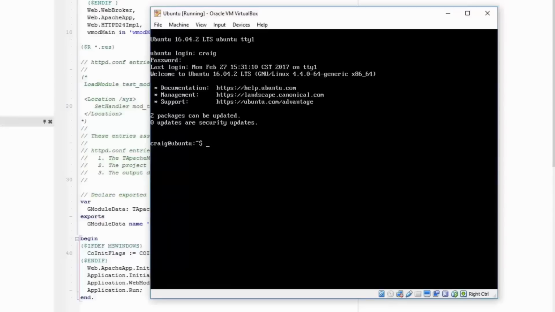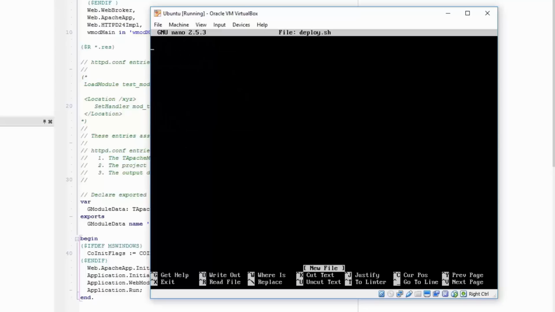Okay, so now let's make our Apache module do something a little more interesting. We're going to read some data from a database and return that from our endpoint. So before we do that, I'm going to write a little convenient script here. So I'm going to issue nano deploy.sh, and then I'm going to enter the instructions: /etc/init.d/apache2 stop, cp /home/Craig, and obviously use whichever username you entered on setup,